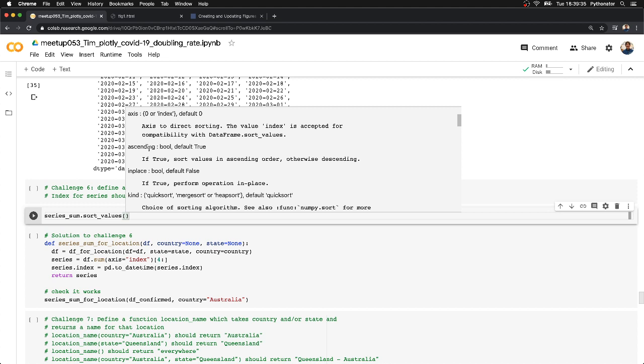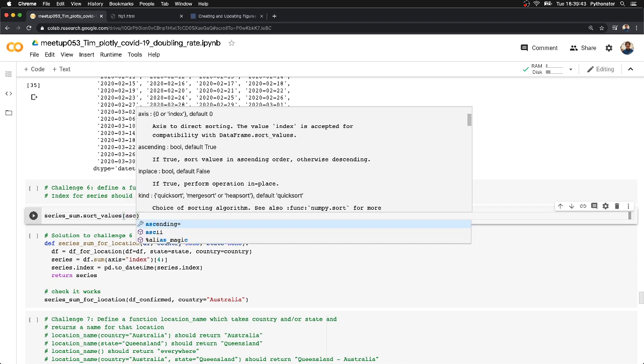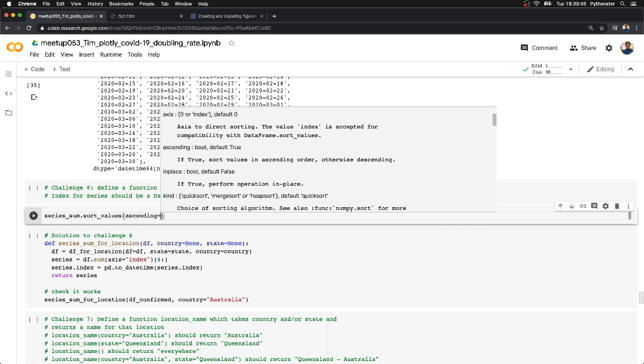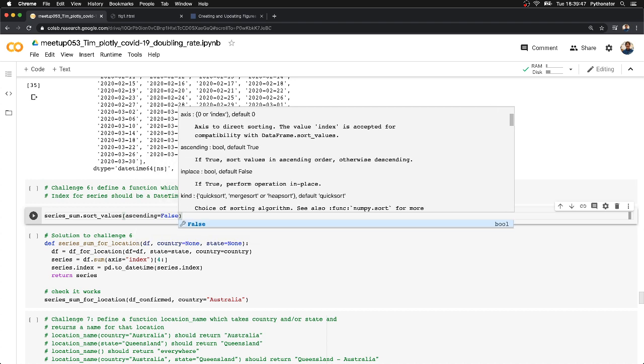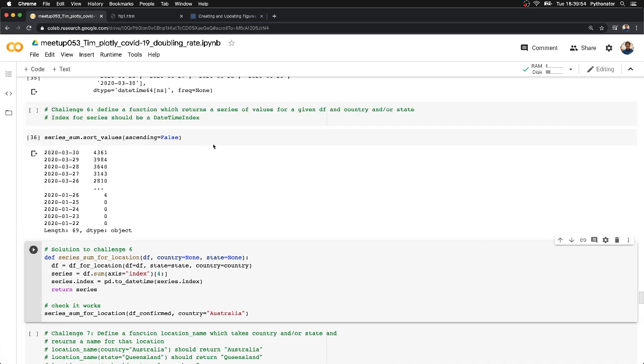And that's got a field ascending, which is a Boolean, which defaults to true, so we can say false. Yes. There we go, that's sorted